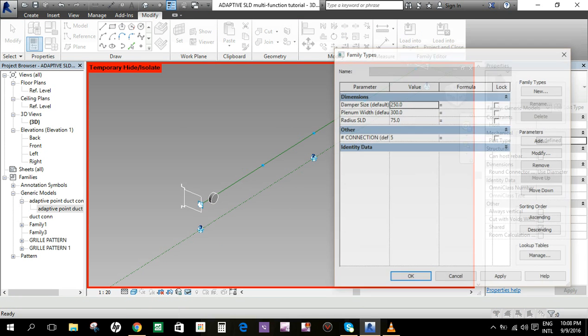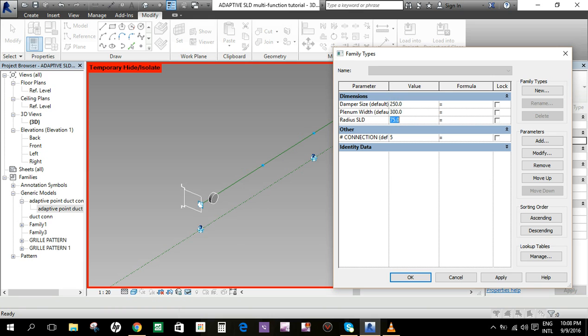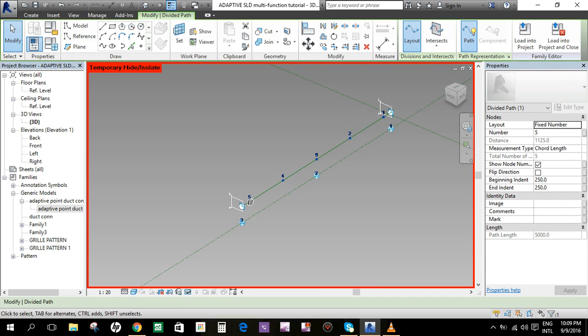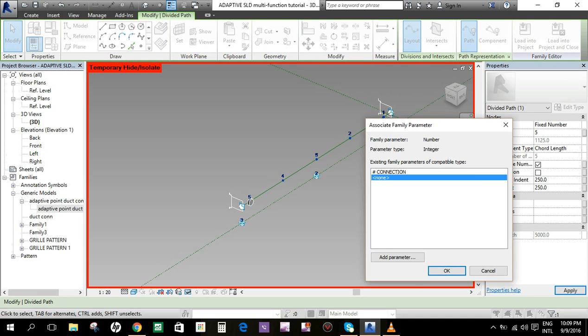Maybe we select the size, reduce one, 100, apply. Okay. 25. Connector 4. How come it's not changing? Let me check. Because this is a fixed number. We will also associate this family parameter in the number of connections.